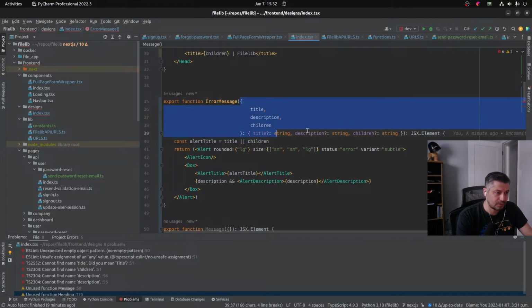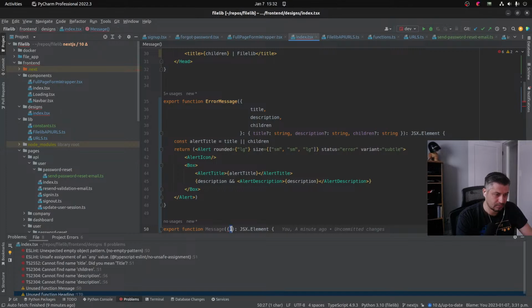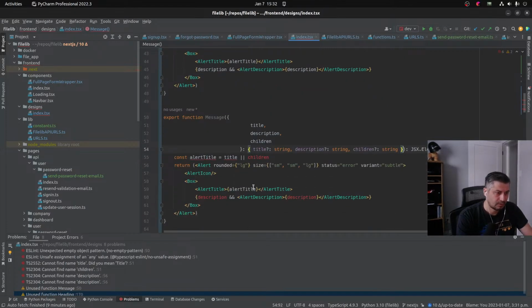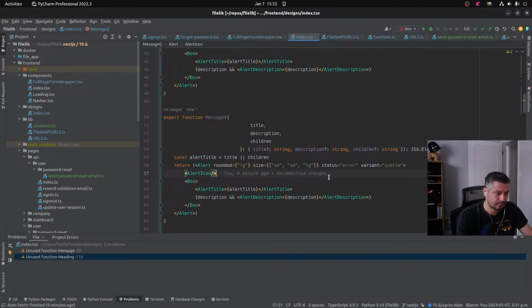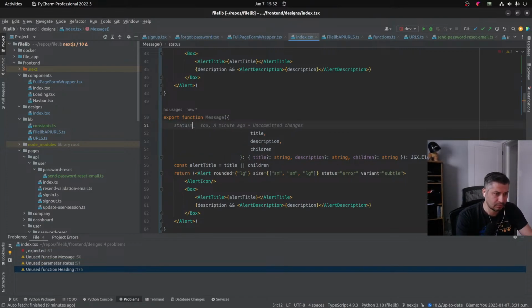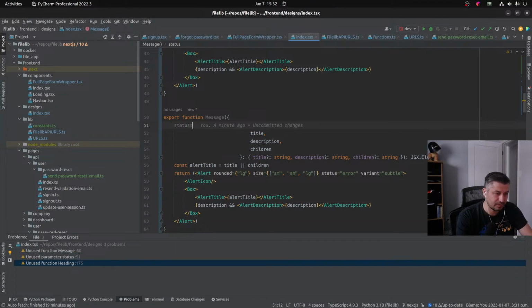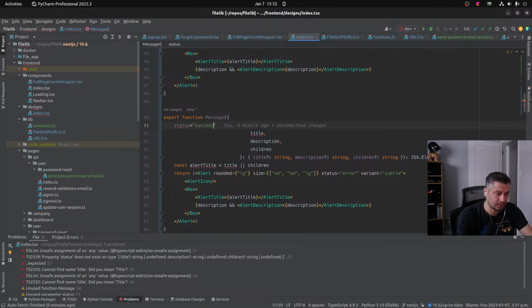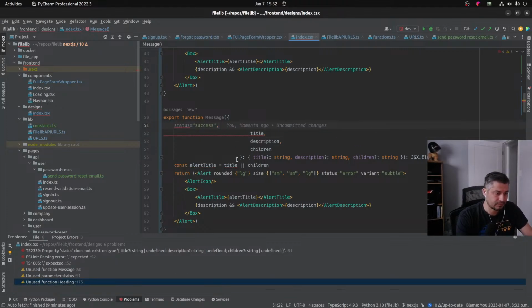And then we are also gonna take this. Okay, so this one is gonna have alert status, right? Gonna have a default value success, and